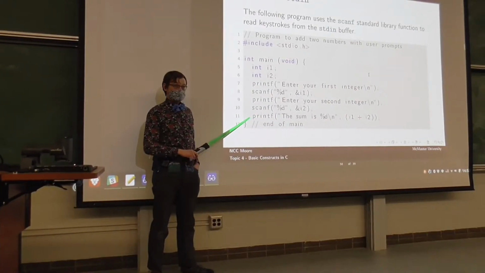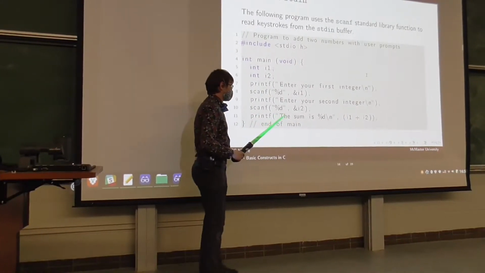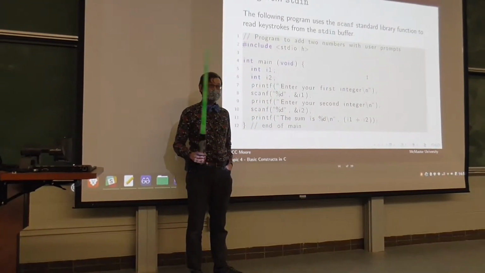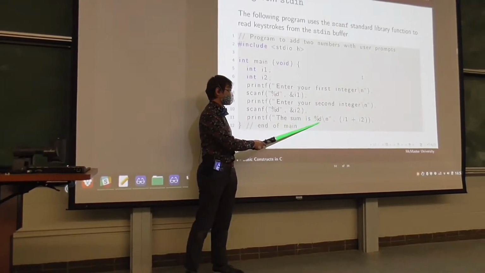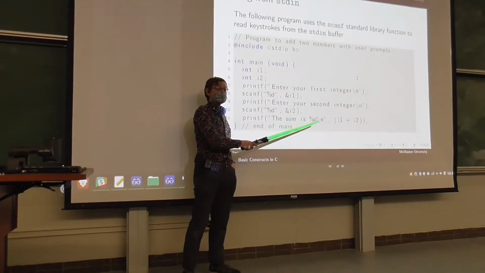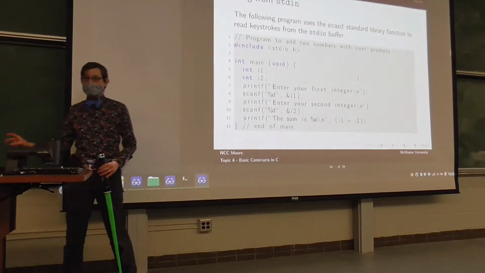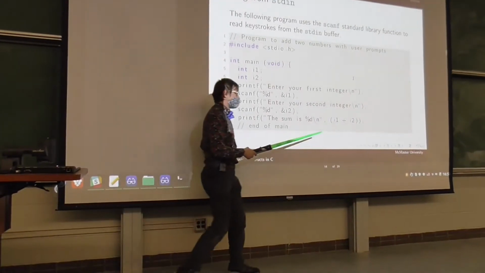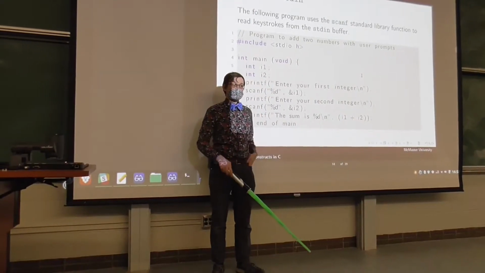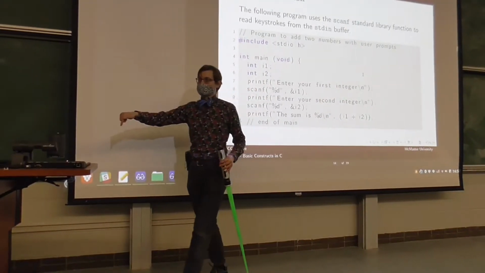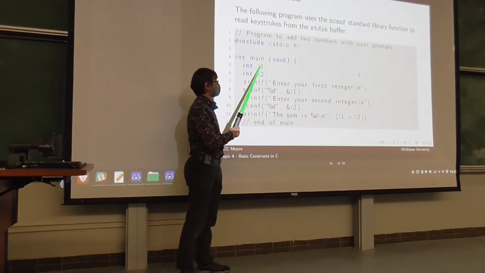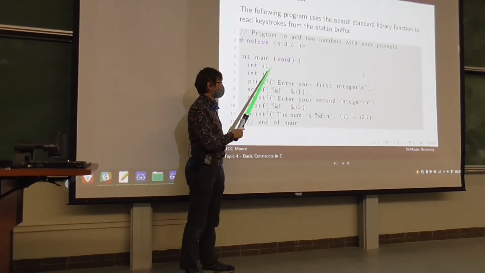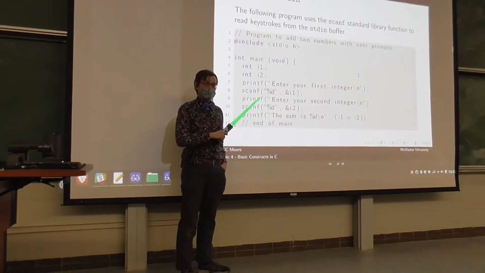This is the line that I'd like to call your attention to. The first argument of this is the string, but it has a special character in it, %d. %d says, I am leaving a hole in this string, which I expect an integer to fill, right? Then, any further arguments to the printf function are used to fill the hole. In this particular instance, we have two integers, i1 and i2, entered by the user at the command prompt.